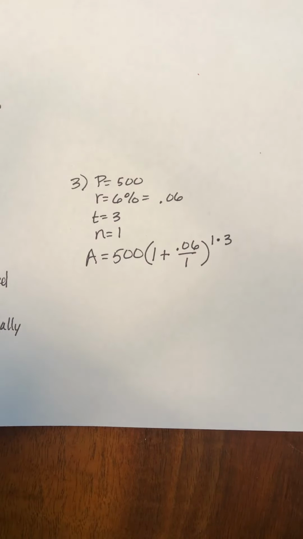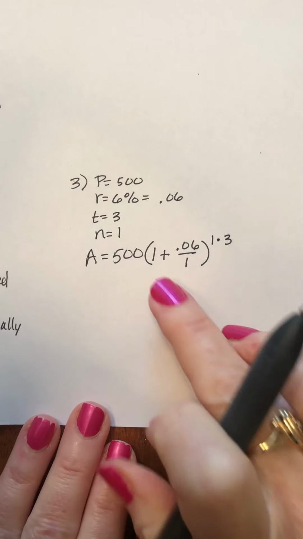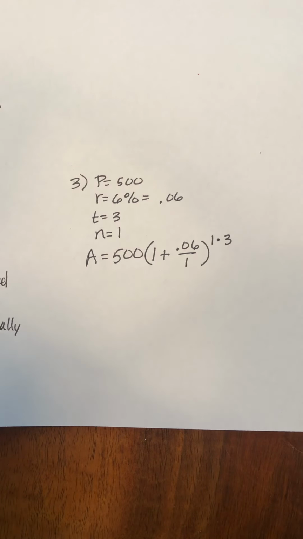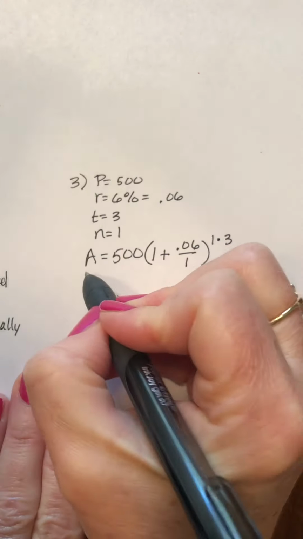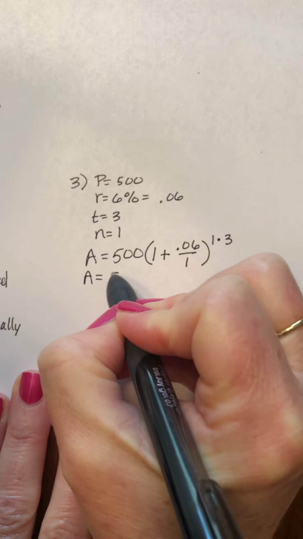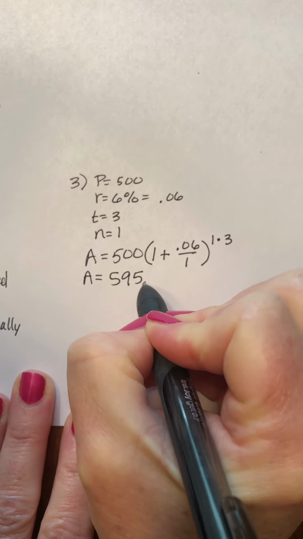And again, you'll want to do this in the calculator, and if you have to use just your calculator on your phone, then you'll want to do the parentheses first. And it's really going to be simple because your value of n is 1. And so if we do this in the calculator, now I'm going to write down what we get